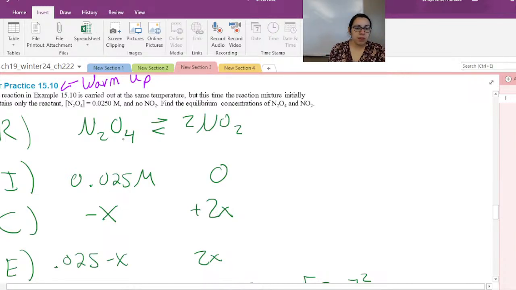And so that depends on what your starting concentration is. In this case, because we had all reactant, we knew that the reactant has to decrease, right? And we can't just make magical more reactant, which helped us with the quadratic, right? Because we can't have a negative x, that doesn't make sense. And then if this is going away, then we're making 2 times as much product. So if it was NO2